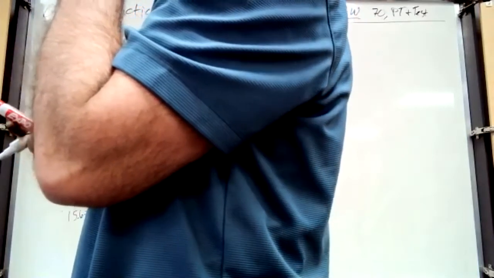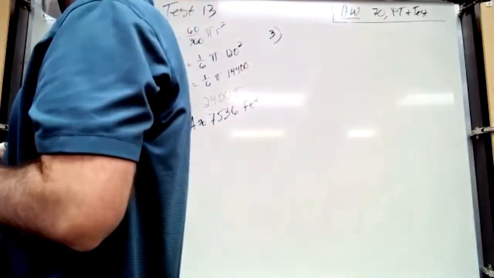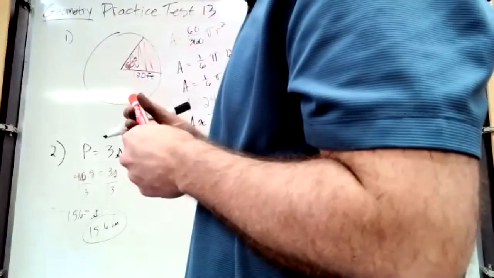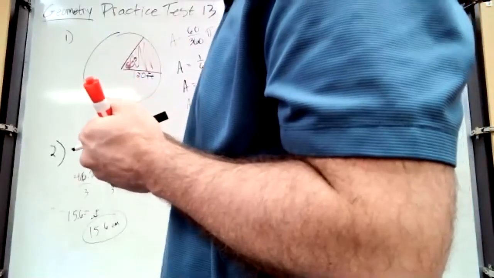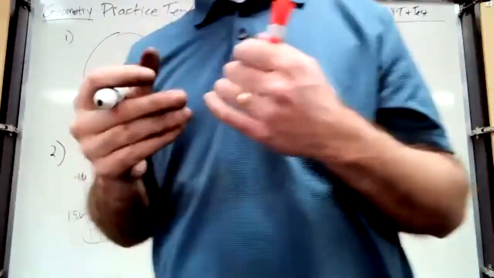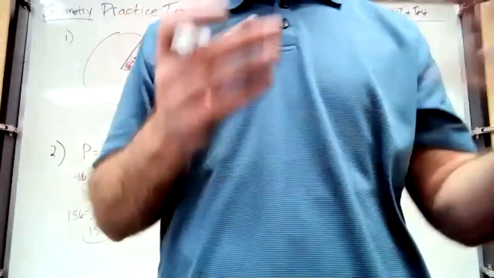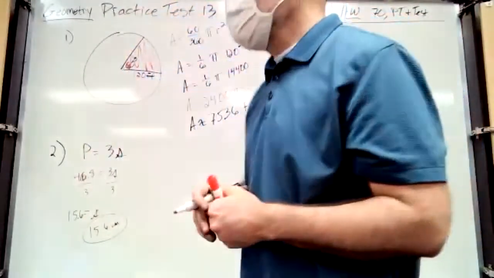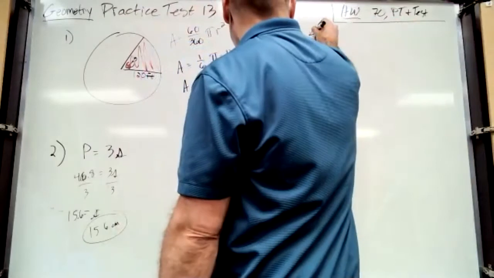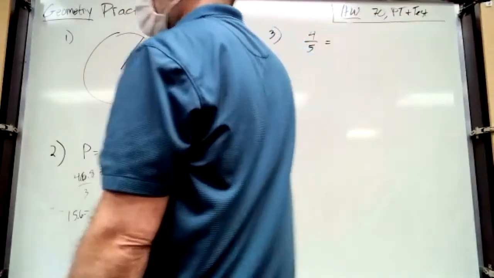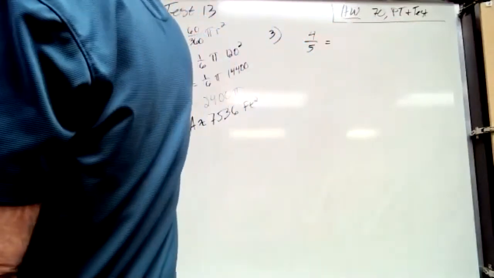Number 3, figures A, B, C, D, and W are similar polygons. We don't know what they look like. We don't care. The corresponding sides have a ratio of 4 to 5. If the perimeter of figure ABCD is 38, what is the perimeter of the largest? So here's the deal. The perimeter is the same ratio as the sides. So you can just use that ratio. So 4 to 5 is the ratio. And 38 is